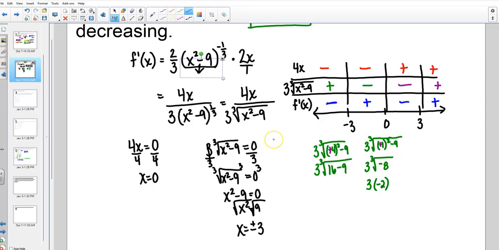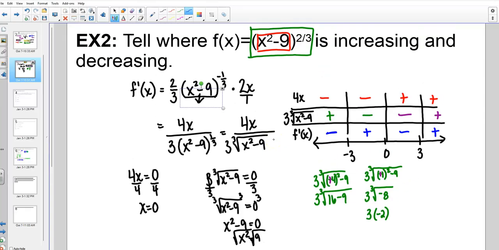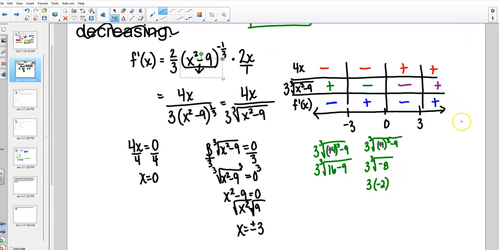This particular problem is asking me where f of x is increasing and decreasing. Let's make it a little easier to answer this. Let's just say increasing so that we only have to give one answer, because we're going to have to write this out. We're about out of time. If my derivative is positive, my function is increasing, all right? So I would say that f is increasing